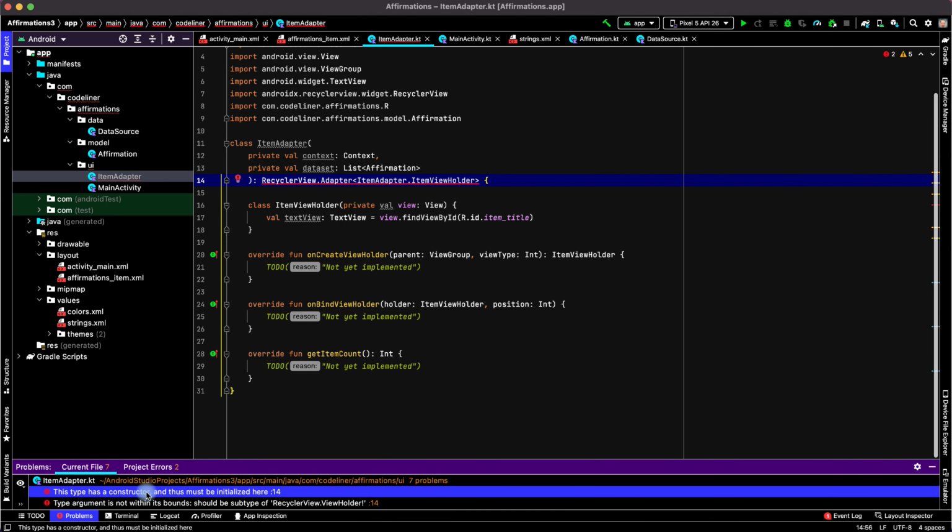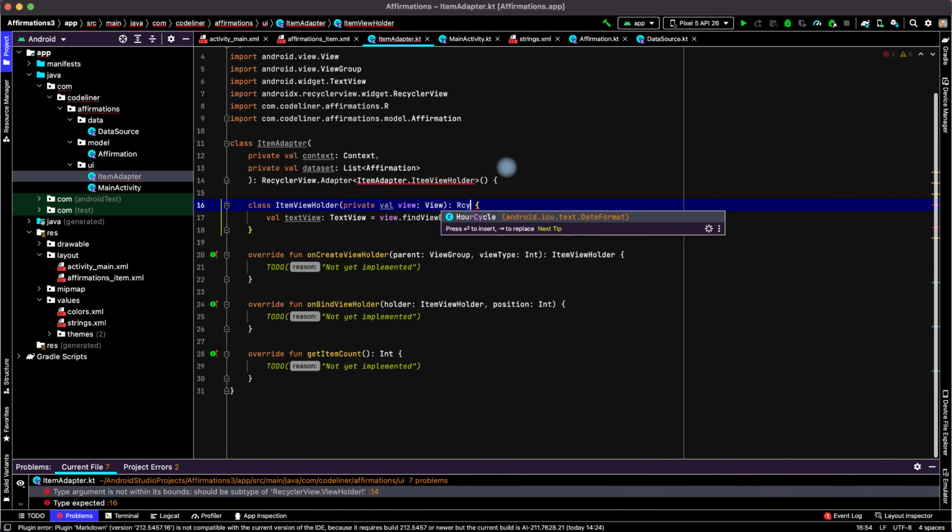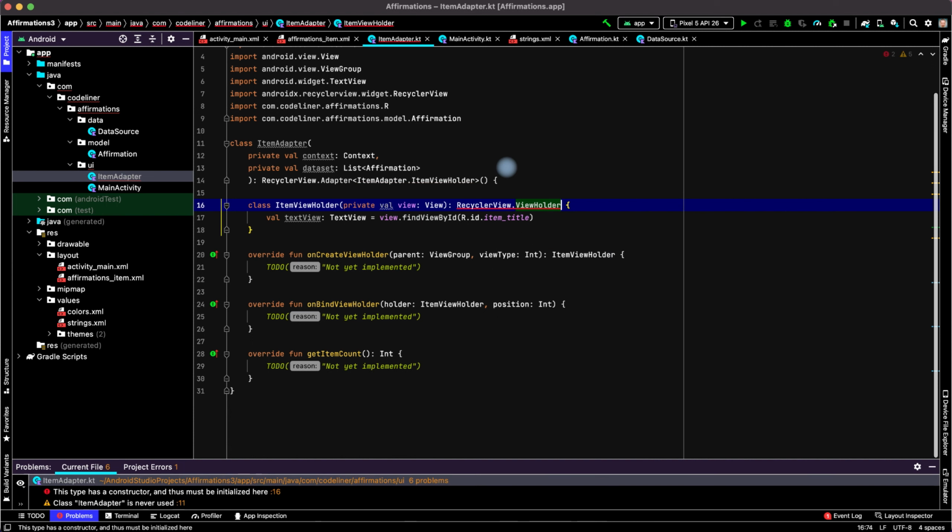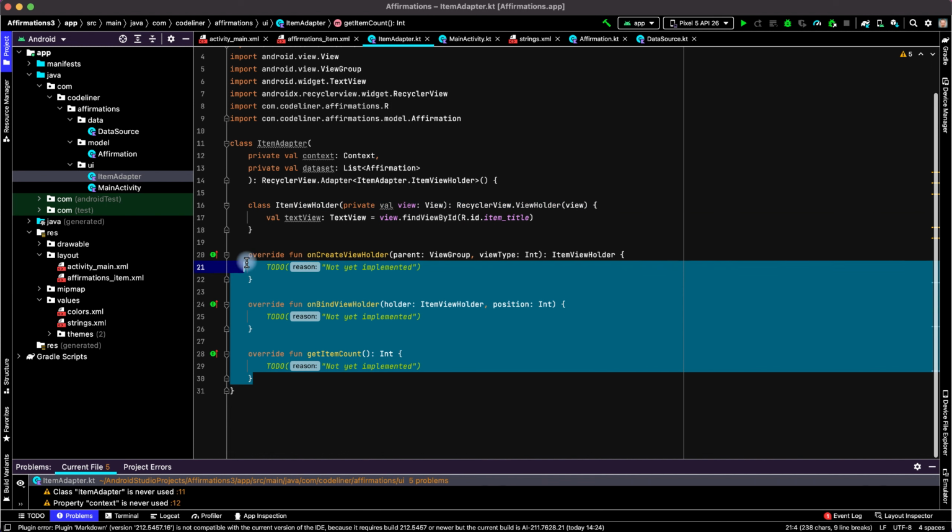We have an error. This type has a constructor and thus must be initialized here. Let's initialize the constructor, and we have one error. The argument should be a subtype of RecyclerView.ViewHolder. Let's set it RecyclerView.ViewHolder, and in brackets we need the parameter itemView. Let's type view. That's OK. We need to code these methods. The most simple method is